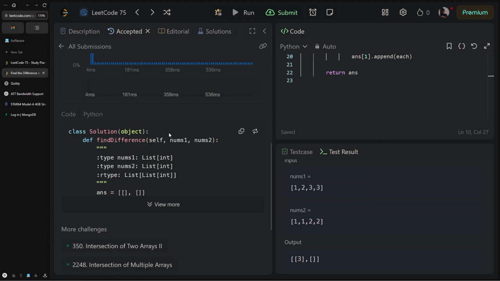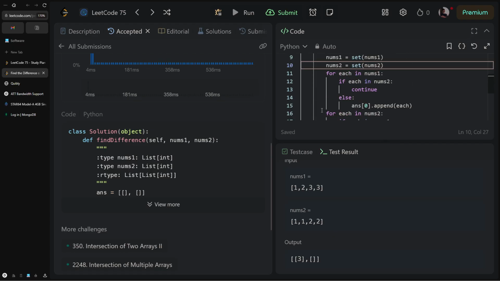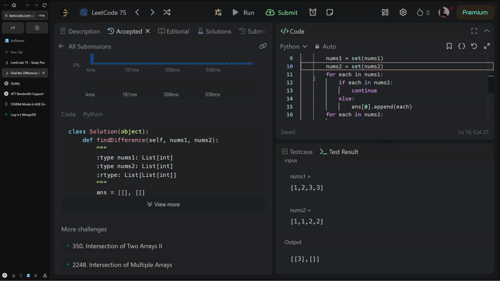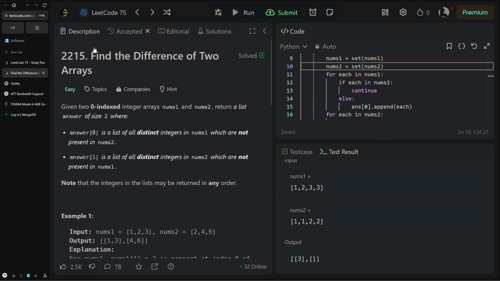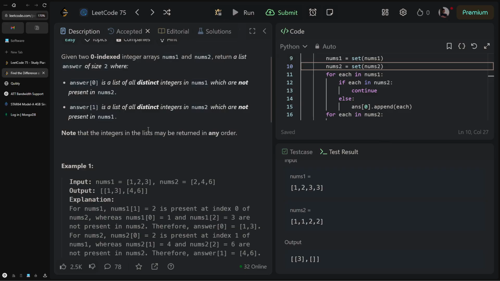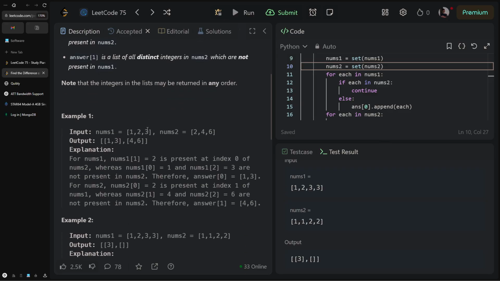Well, okay, so I don't know how you solve this with a hash map, to be honest. So it wants it to be all distinct integers in nums1 that are not in nums2, so turning them to a set is definitely the easiest way to do that. But using a hash map, it would be something like, yeah, I don't know. I'm actually curious what